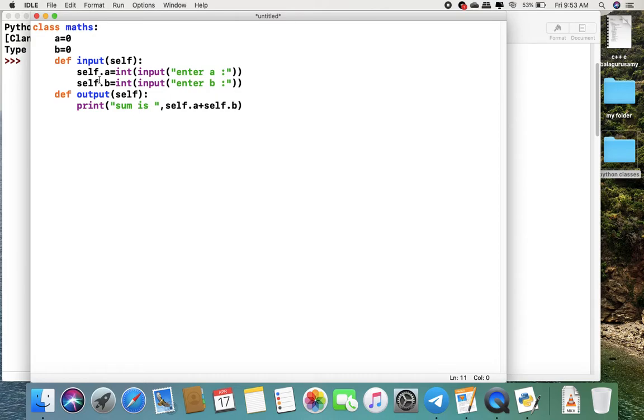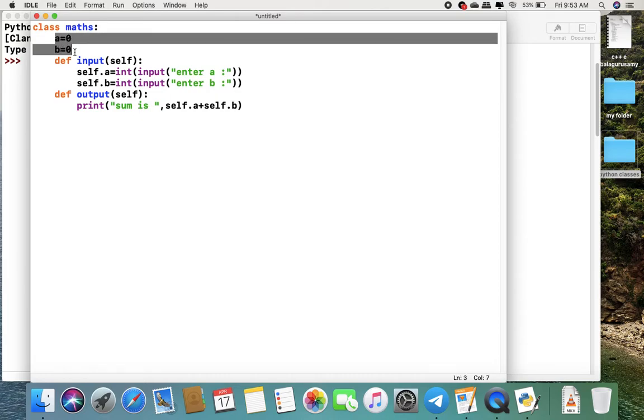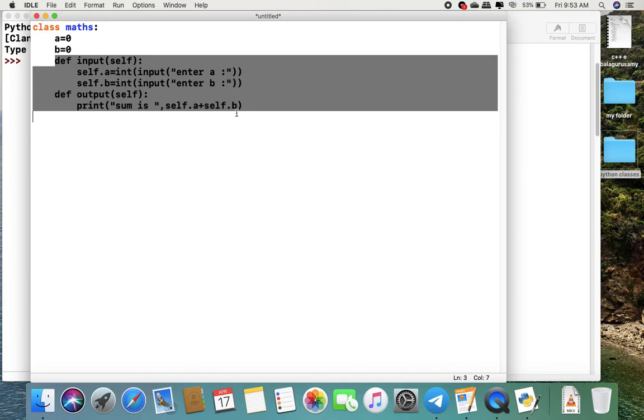A class contains two things, member variables and member functions. In this particular class we use two member variables and two member functions. The first function is the input function, which is used to input all class variables, and the second is the output function, which is used to print class data.